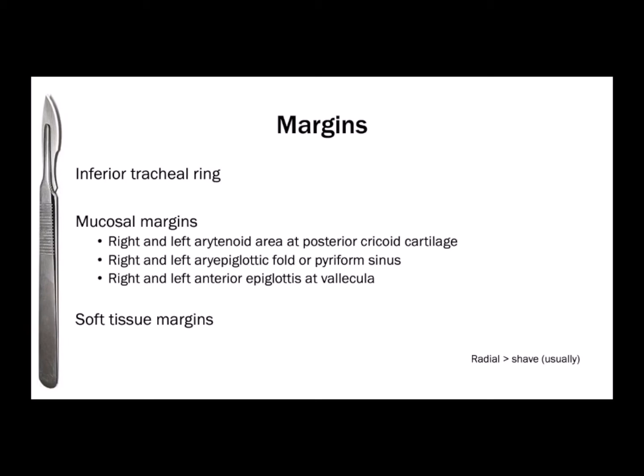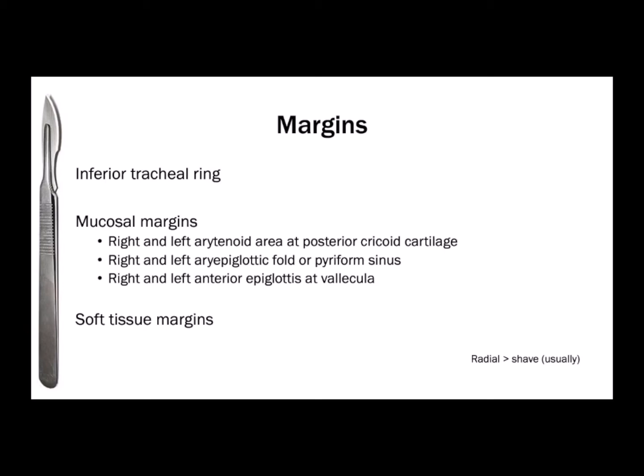You're also going to have soft tissue margins, and this is super variable depending on whatever the specimen is going to be. So you're just going to have to use your judgment and your anatomy skills, which is why we reviewed the anatomy. So with all of these margins, even if the tumor looks grossly far-ish away,